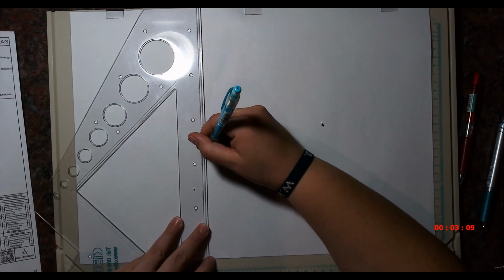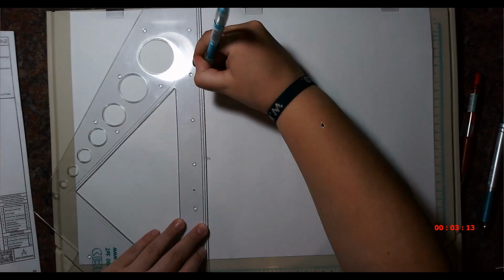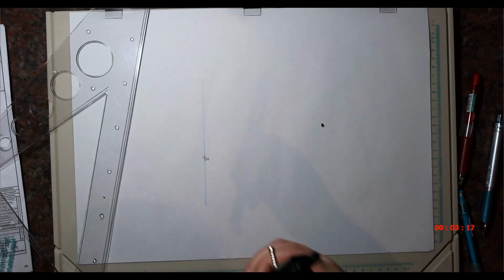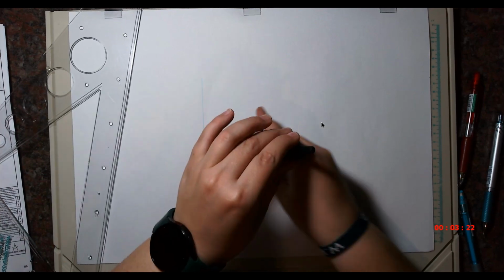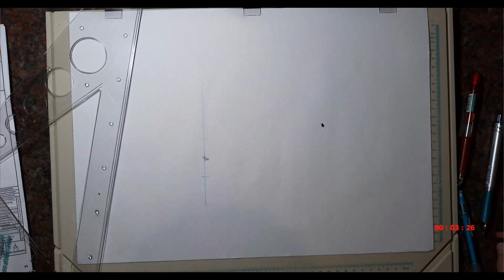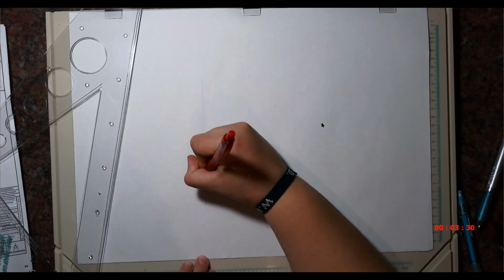So I'm going to draw this construction line. There we go, in blue, and then on that construction line I'm going to measure from point N 23 up, 23 down, and that's going to be my end points